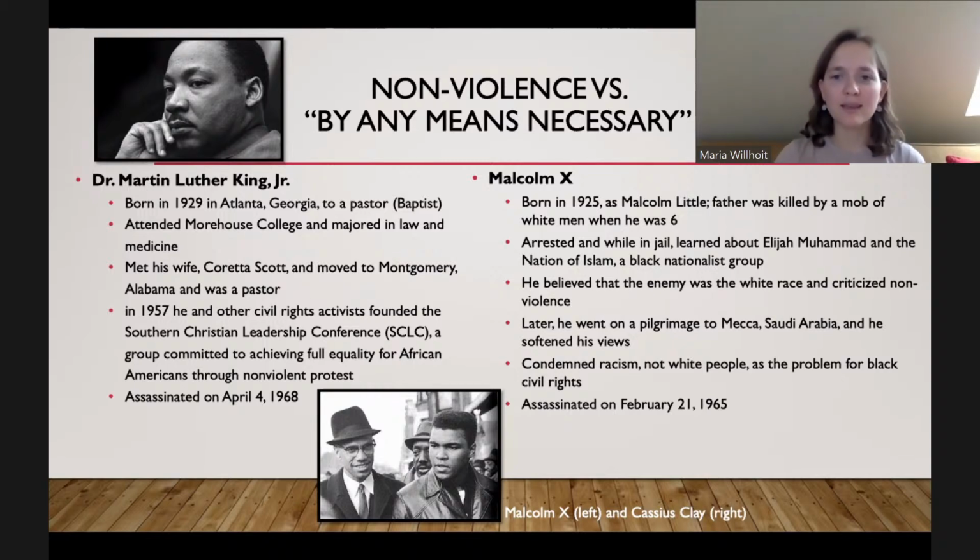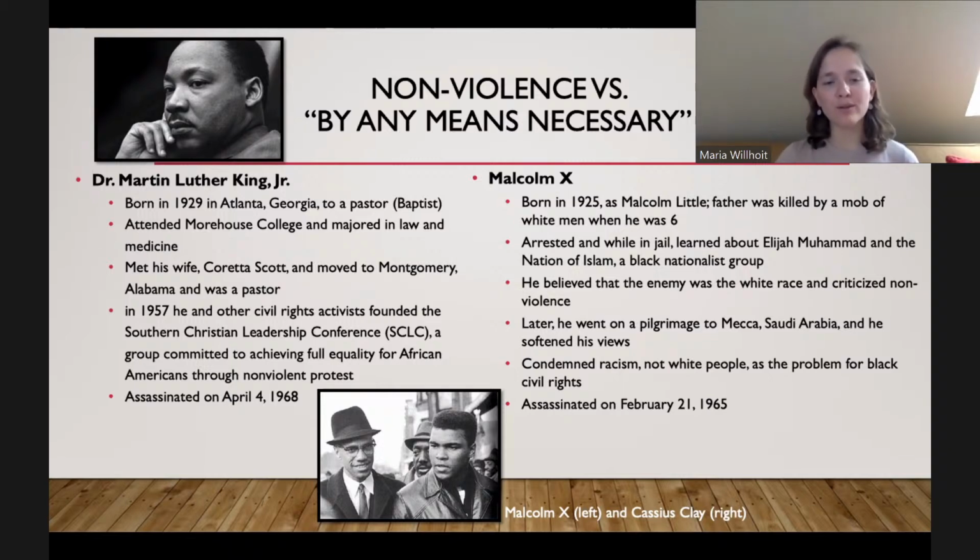And Malcolm X, he gets into trouble, to be honest. Wrongfully so, you know, like a lot of Black men today in America, he's wrongfully in prison, but nevertheless, he's arrested and he goes to jail. And while in jail, he learns about Elijah Muhammad and the Nation of Islam. And it's a religious organization based on Islam, but it's really more or less a Black nationalist group. They use Islam as a tool to advocate for Black nationalism and Black justice.